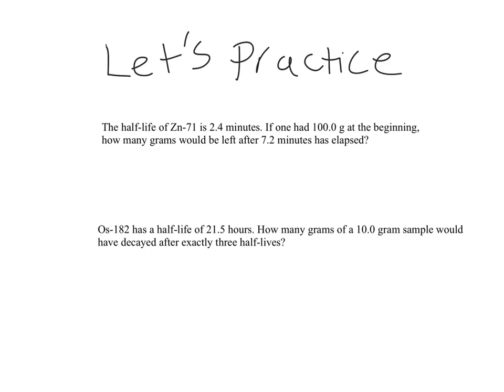The first one: the half-life of zinc-71, so Zn-71, remember this is its mass number, is 2.4 minutes. If one had 100 grams at the beginning, how many grams would be left after 7.2 minutes has elapsed? So the first thing we need to do is figure out how many half-lives this has gone through. We know one half-life takes 2.4 minutes and it's gone through 7.2 minutes. So the first thing we need to do is take 7.2 over 2.4,